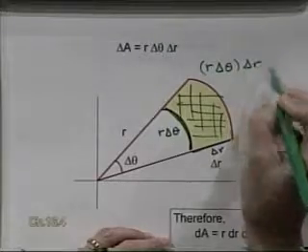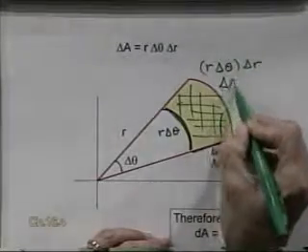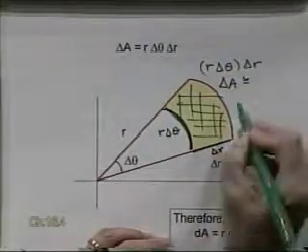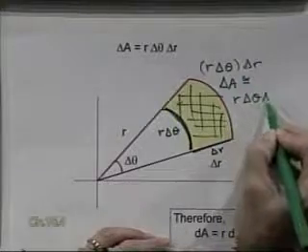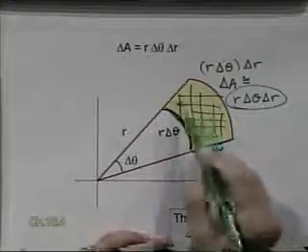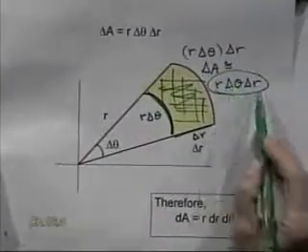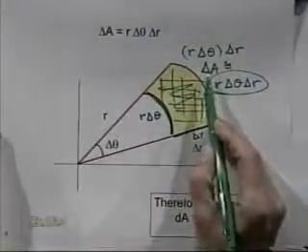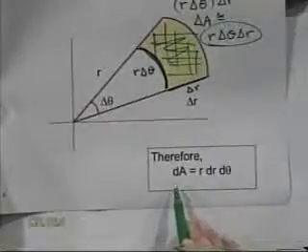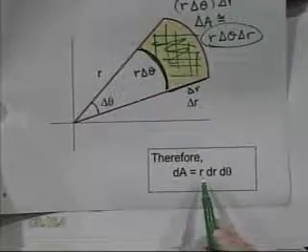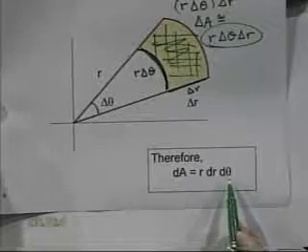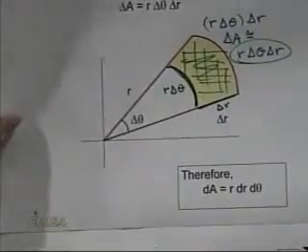And if we take length times width, we can say our delta A is approximately r times delta theta times delta r for our area here. And so therefore, if delta theta and delta r are very small, instead of writing it as delta A, we could write it as dA equals r dr d theta. So in other words, if we wanted to do an integration,